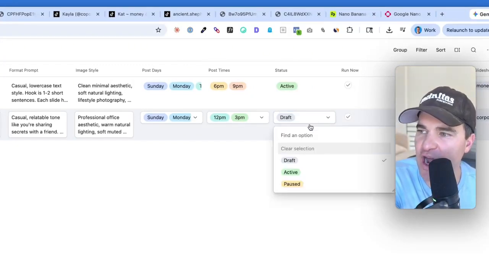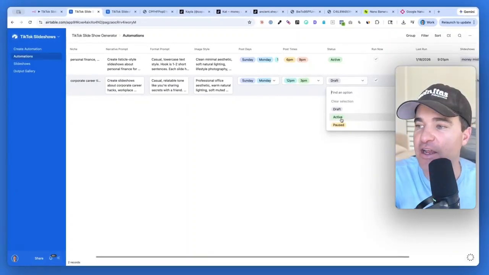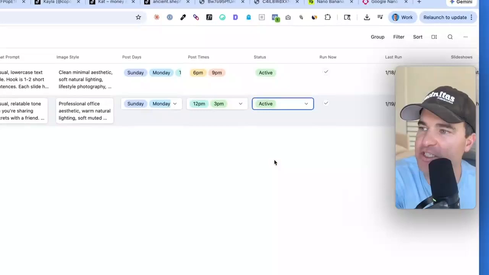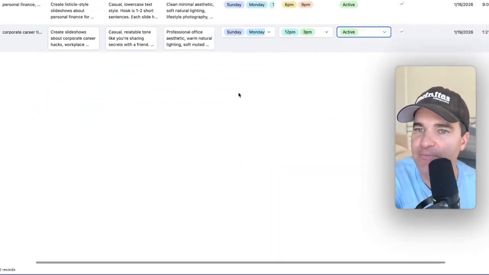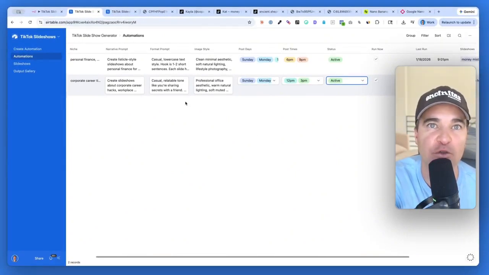And when I do this drop down and I turn this to active, it will activate your automation. So I'm going to check that on to active. And what this is going to do, again, is schedule this out to publish to TikTok with music. So I think this is a good time to hop into N8N and just do an overview of the actual